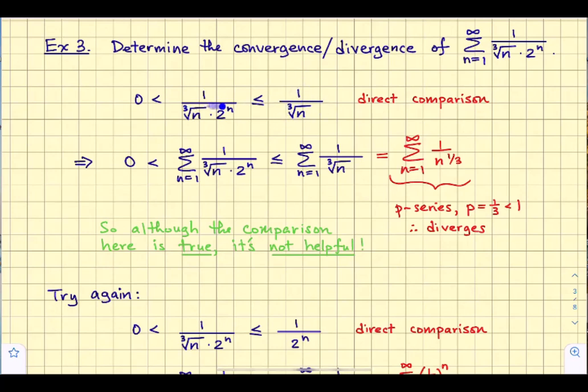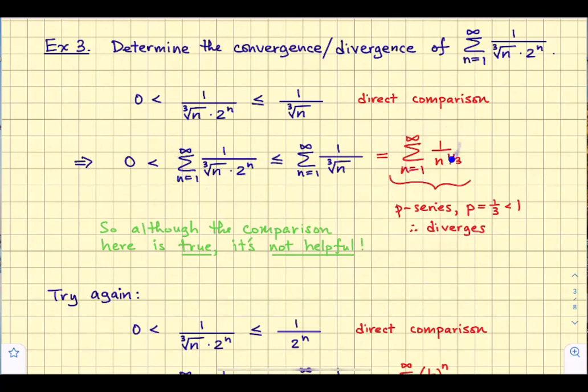So if this direct comparison is true, then we know that if we sum this, the sum of these must be less than or equal to the sum of these. And like we said, the sum of these we can rewrite as this. This is a p-series with p equals 1/3 and it diverges. So if you notice, we've written down totally true things here, but it's not useful because look at what happens. All that we can say about the series we're interested in is that it's less than or equal to something